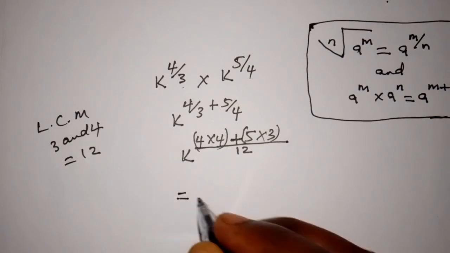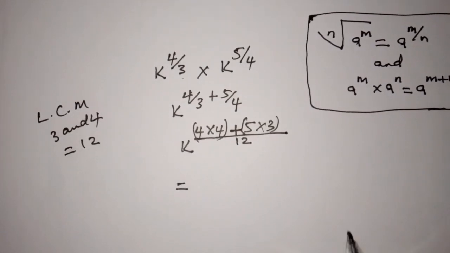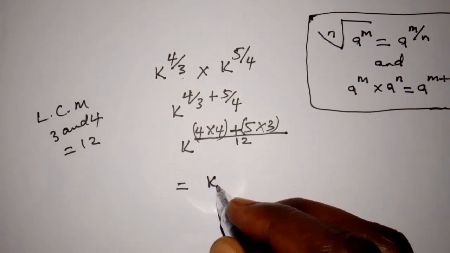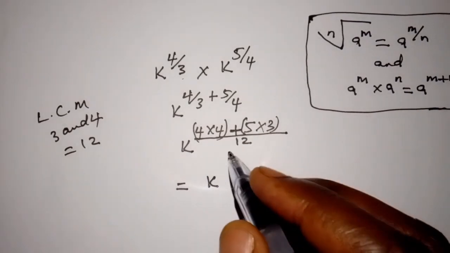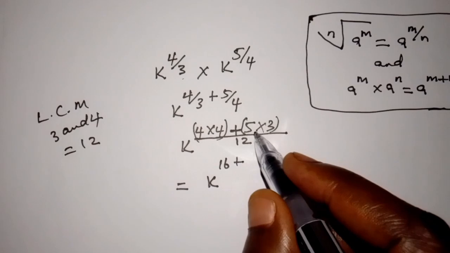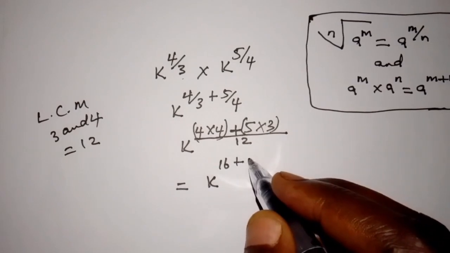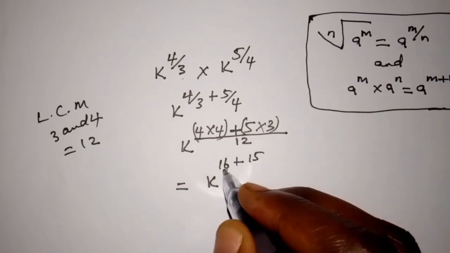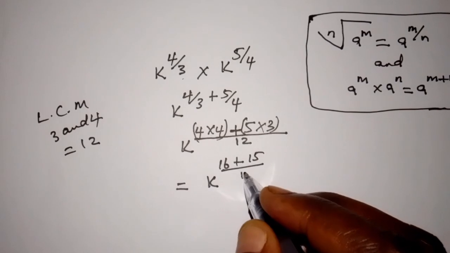So this is giving us k power, 4 times 4 is 16 plus 5 times 3 is 15, over 12,